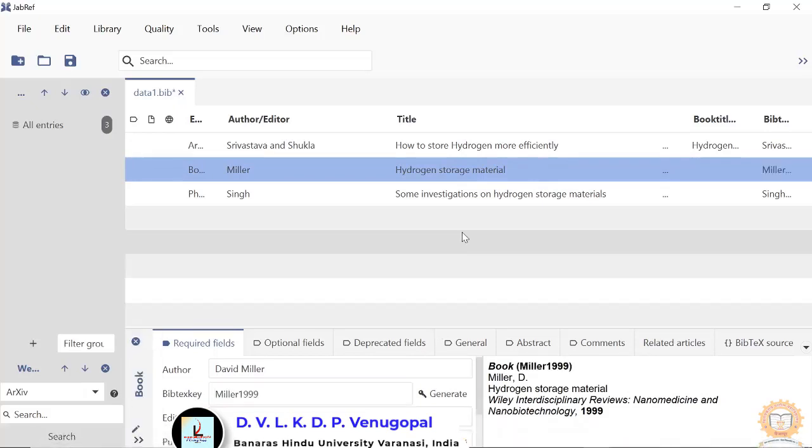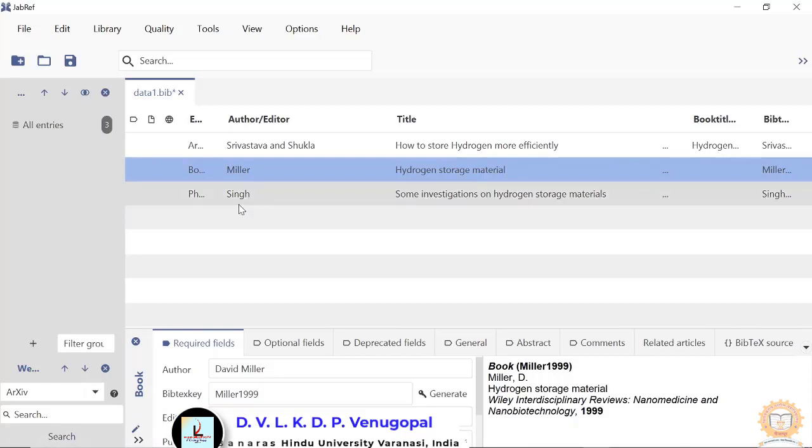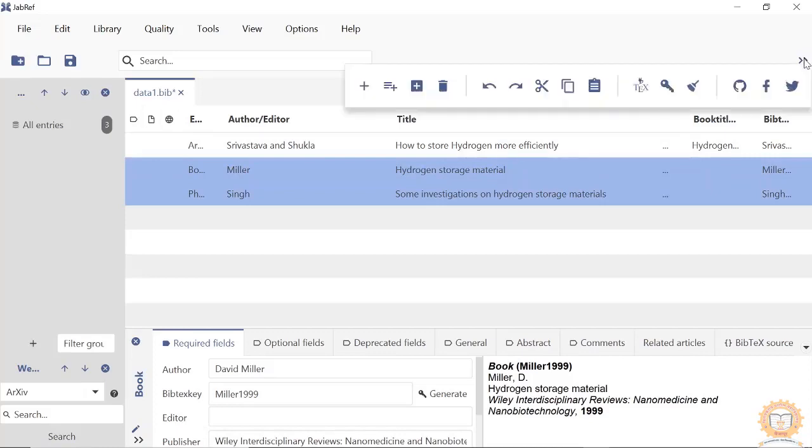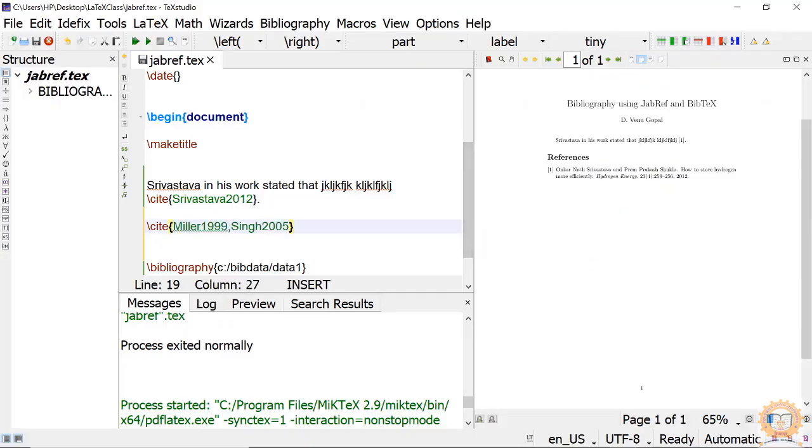Okay, now we are ready. We selected both. I am pushing to BibTeX. See, both are here. Now I can write some blah blah blah, whatever I want. Just run it again.